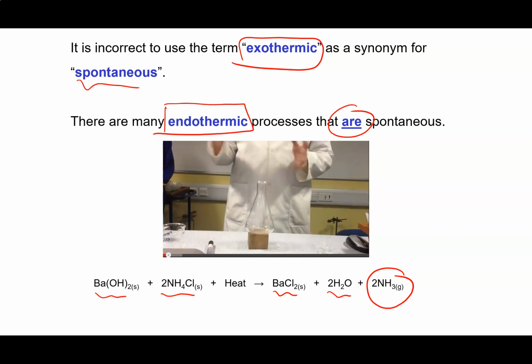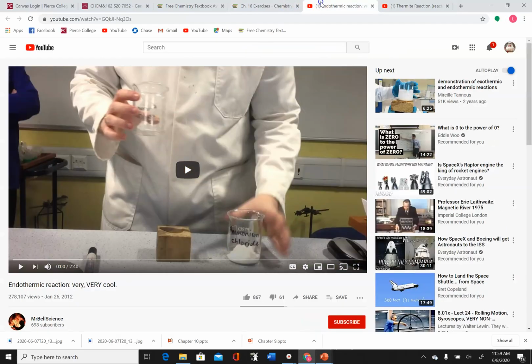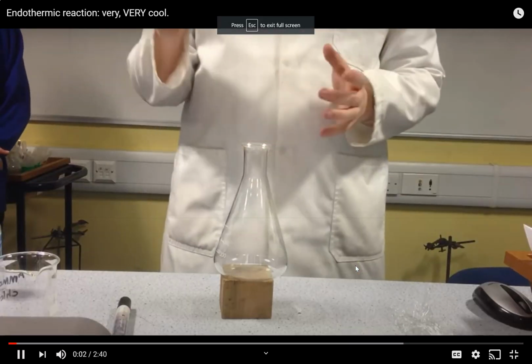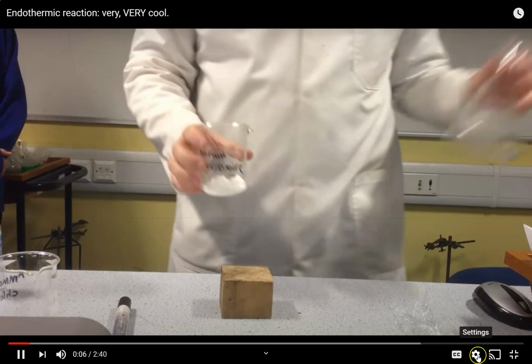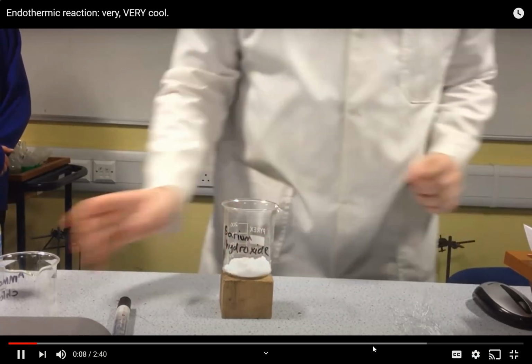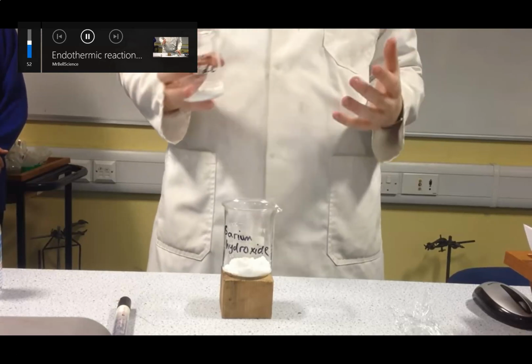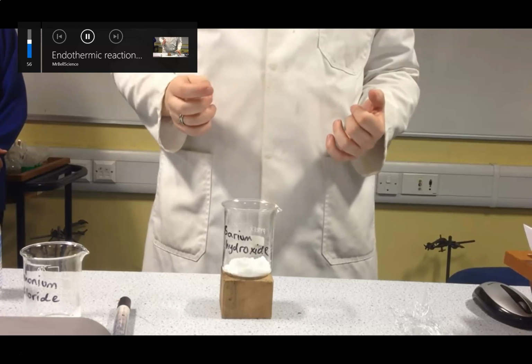So I have a little video that's going to illustrate this reaction. Let's find it now. Here it is. Okay. And what I have is some barium hydroxide. Okay, I'm going to put this into the... In fact, you know what? I'm going to do this in one beaker. Barium hydroxide, and I've got some ammonium chloride. Now, what I'm going to do is mix these together, and hopefully, we should see an endothermic reaction.